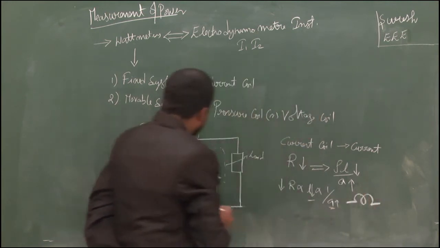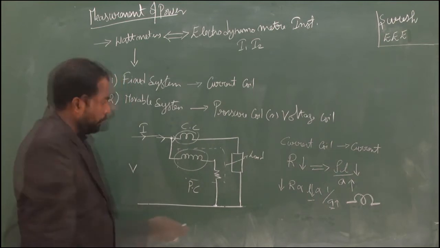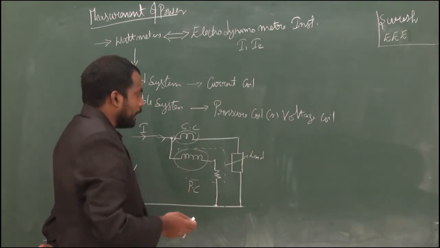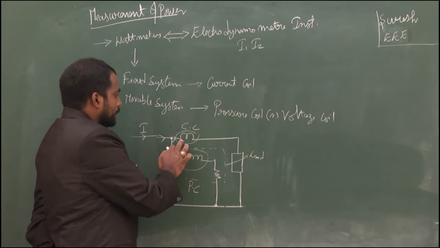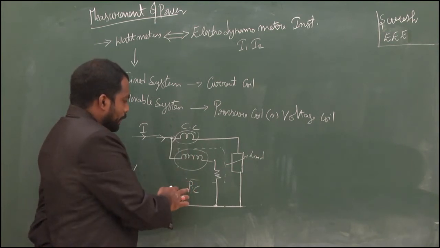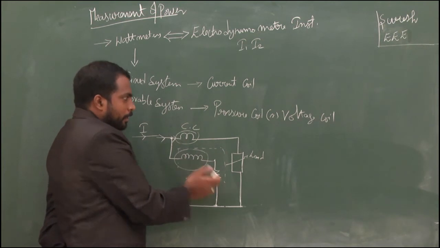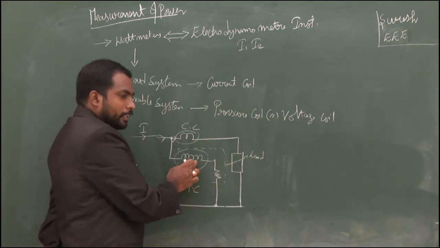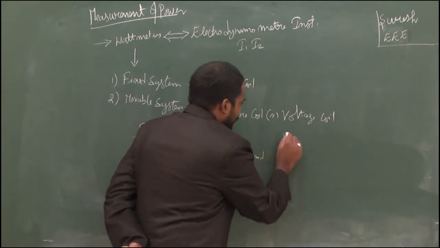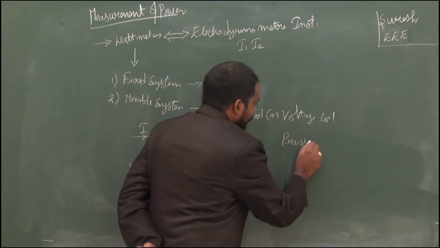And the next condition is nothing but your pressure coil. We have proved that the current coil should have less length and more area. Similarly, we will discuss the pressure coil. Why is the pressure coil shown in this manner? So, shown in this design. So see, we are saying that the pressure coil